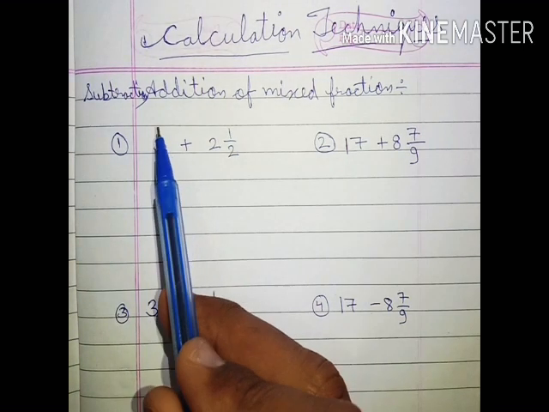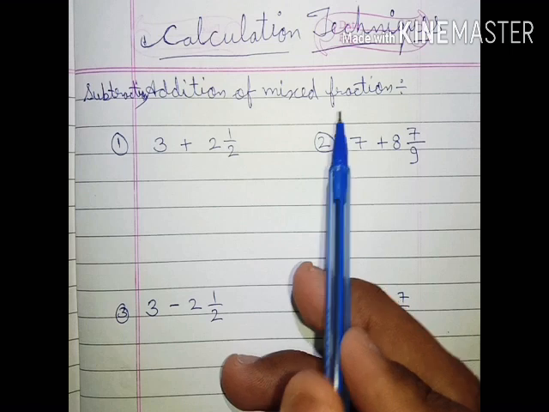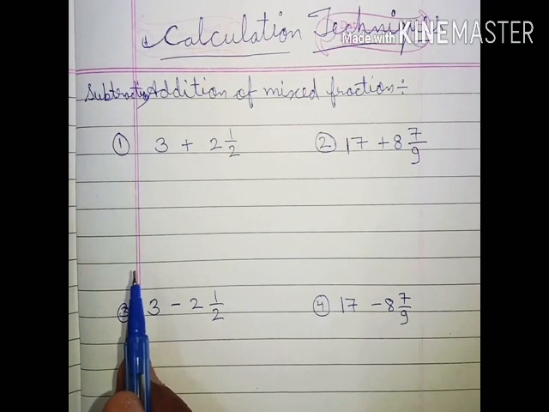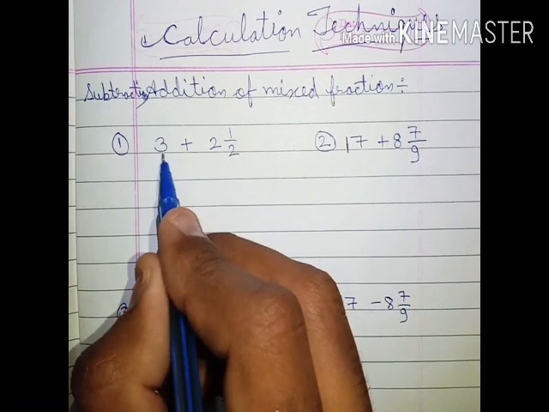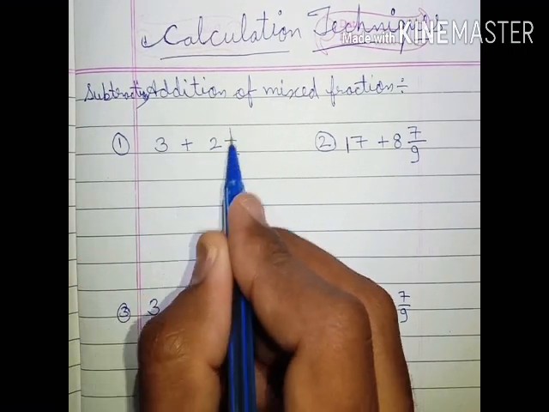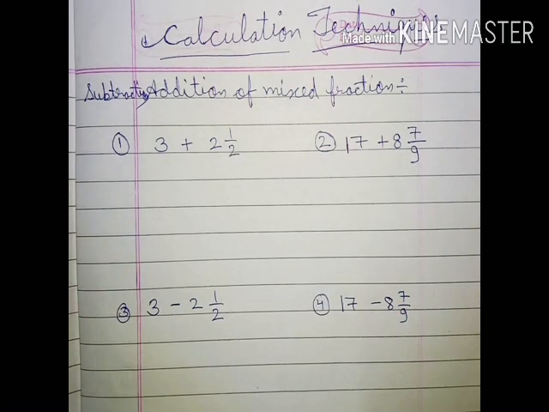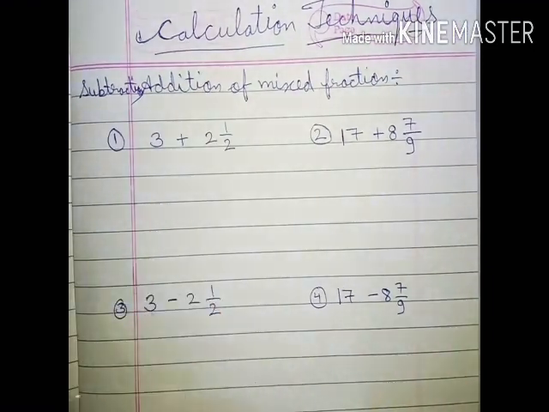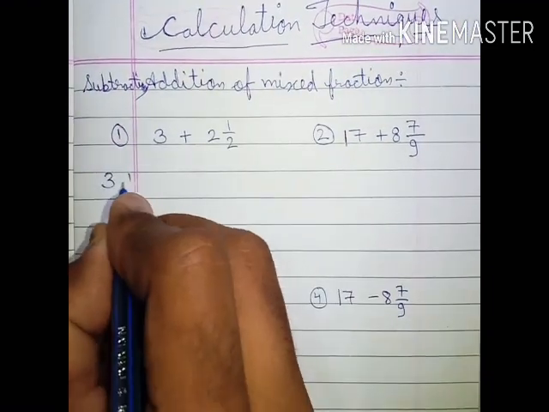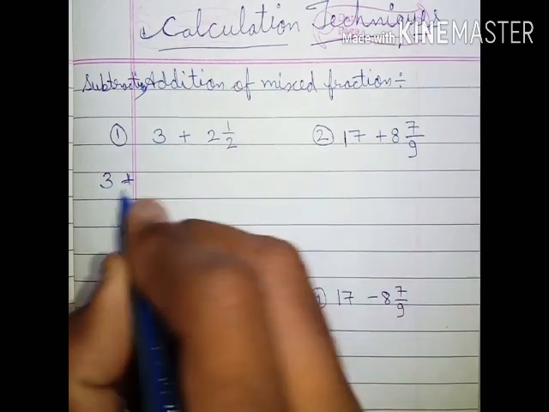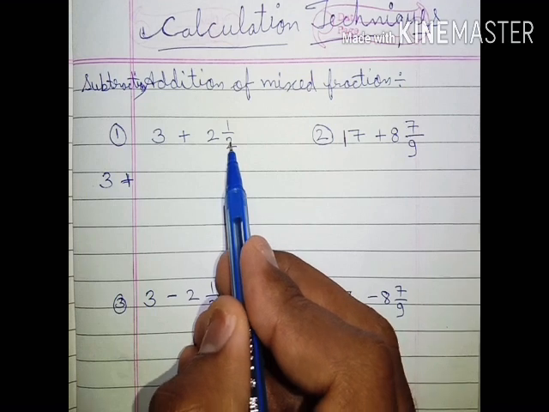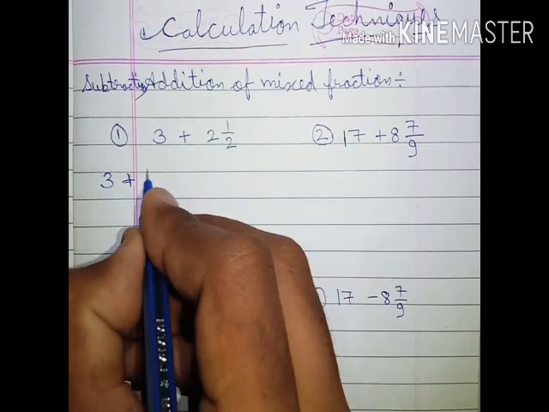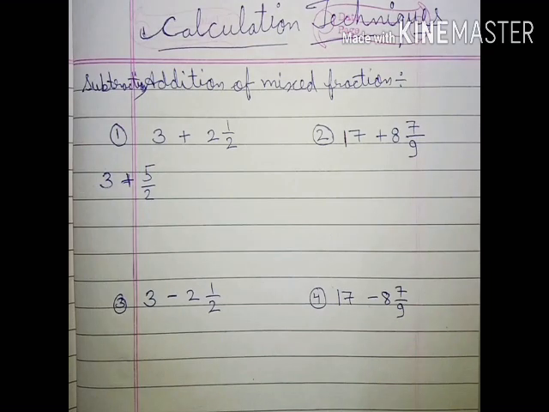The techniques are the subtraction and addition of mixed fractions. As you all are familiar, there are many methods. Starting from the basic method, the first question is you have to add 3 plus 2 1 by 2, means you have to add 3 and 2 and a half. So as simple addition, we write the 3 the same, plus, first we convert this mixed fraction into a simple fraction. As we convert it, 2 multiplied by 2 plus 1 is 5, we write it 5 by 2,